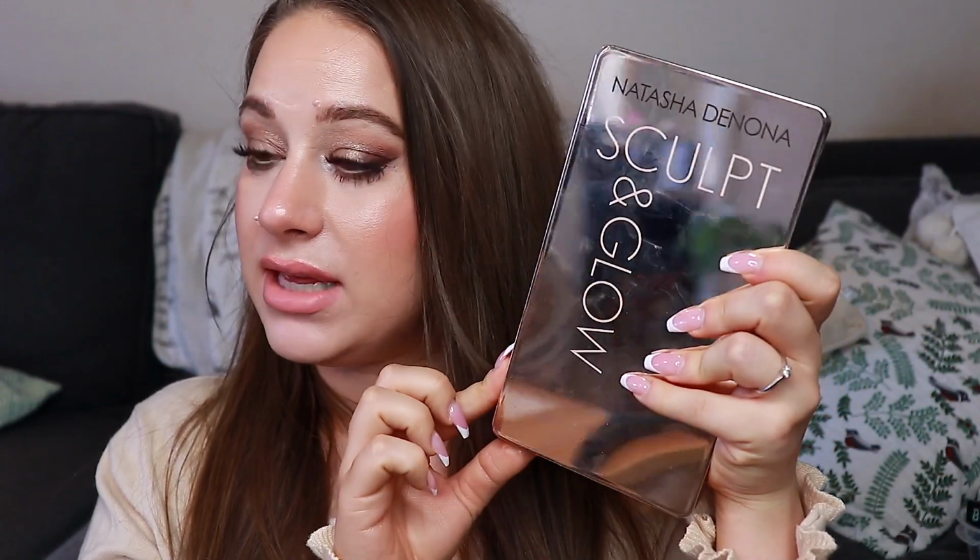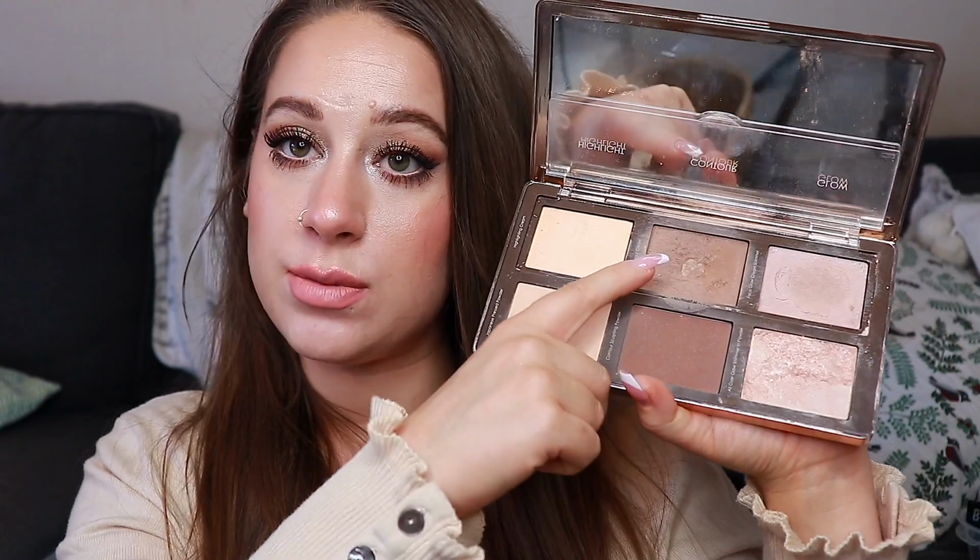Now, if you wanted a contour instead, I would recommend this one. This is from Natasha Denona, and this is the Sculpting Glow Palette. You have a bunch of different creams in this one, but this is the only one I'm here to talk about today. The other products are fine, especially this glow base, but it's not my favorite, and I wouldn't purchase this because of it. But we're going to talk about the contour today because, as you can see,